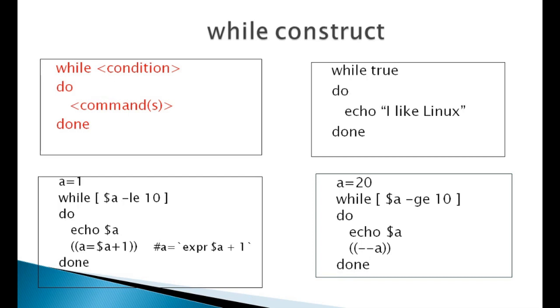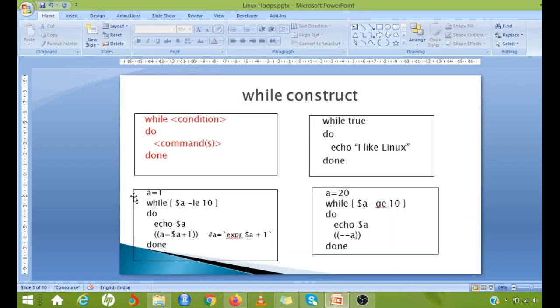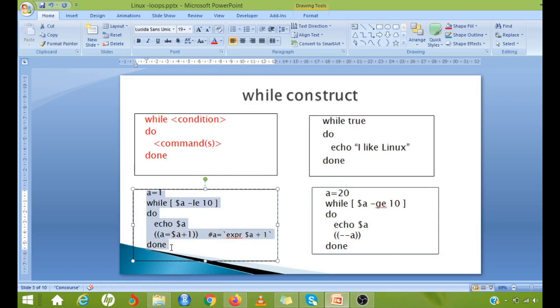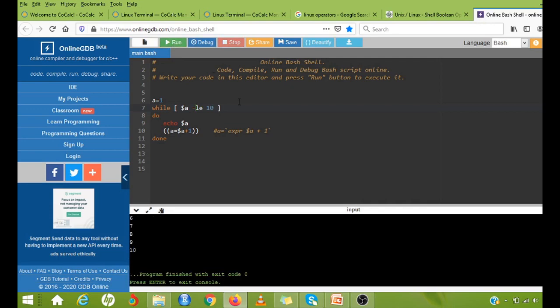We'll just try these two programs in an online simulator. I'm just copying this program and I'm going to an online simulator where I'm just pasting it. Generally, the online simulator will find these variables wrong. So I'll just run this program. Here you can see that a is equal to 1.